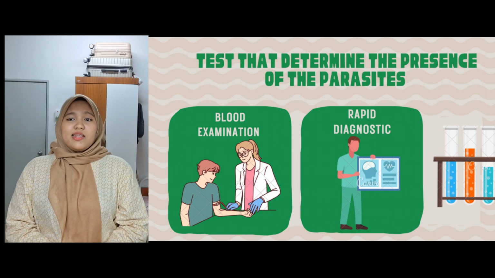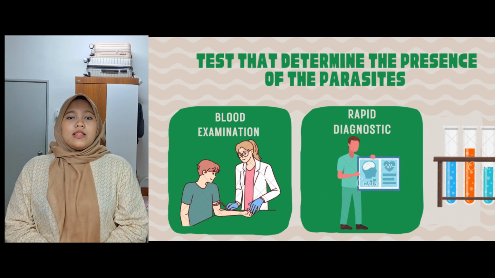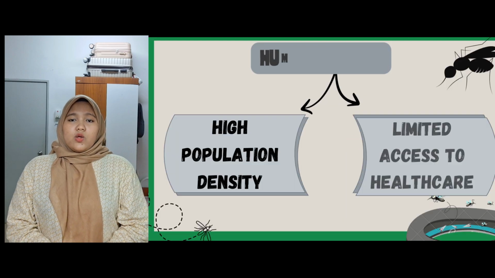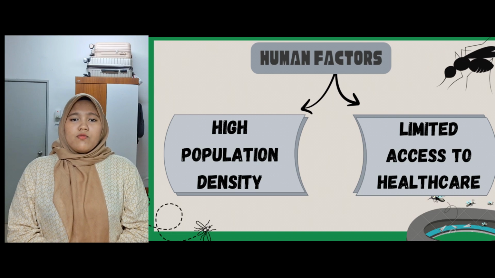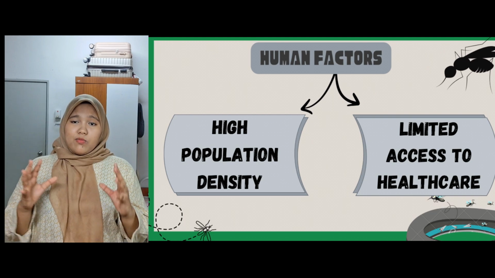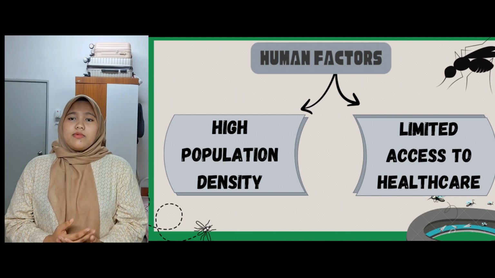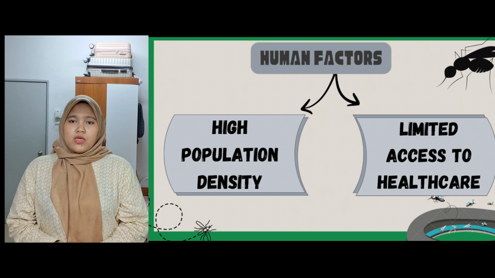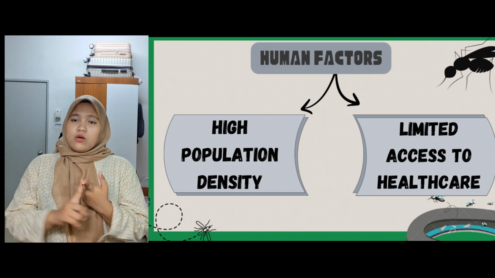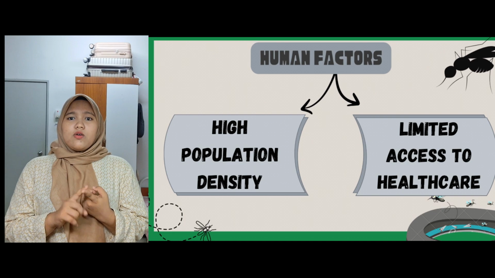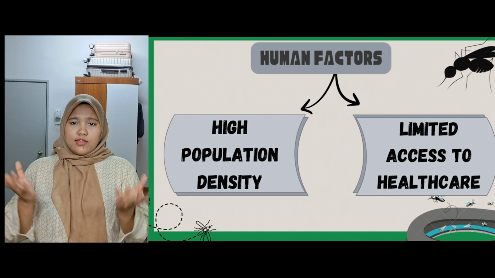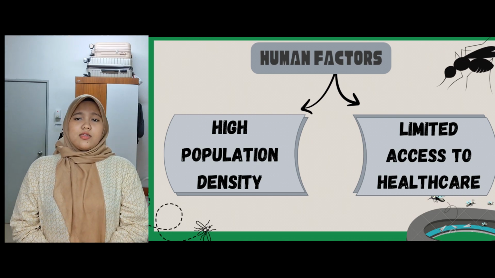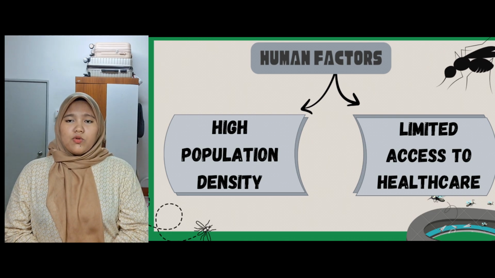Malaria transmission is also mainly affected by human factors. Next, high population density in urban areas increases the likelihood of mosquito-human contact, facilitating the spread of the parasite. The challenges of controlling malaria in densely populated areas are compounded by limited access to healthcare and preventive measures. These factors are most likely to affect the poor, many of whom live in or near malaria areas. When accompanied by adequate housing and sanitation, urbanization can lead to a decrease in malaria through reduction in human-vector contact